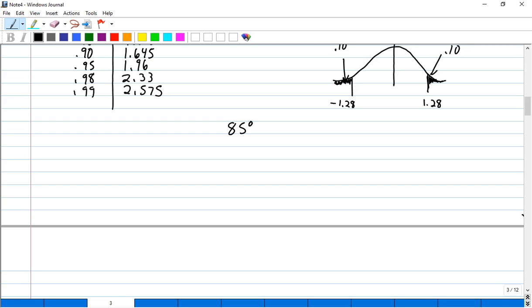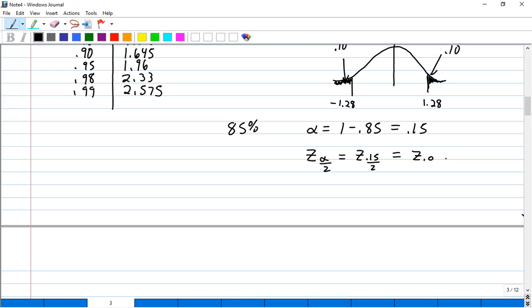For an 85% confidence level, my alpha is equal to 1 minus 0.85, which is 0.15. My critical z value, z sub alpha over 2, is going to be z sub 0.15 divided by 2. All right, so that's going to be z sub